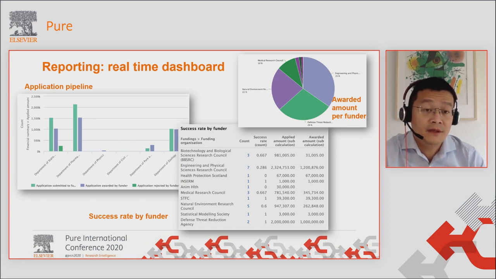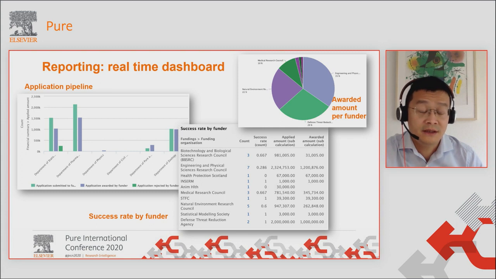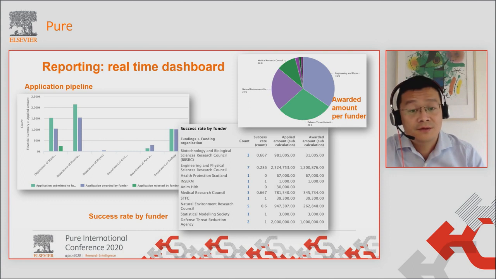So about the reporting, the dashboard can give you real-time information about your processes, and it can give you a holistic view or detailed analysis. For example, for a given period, what are the awarded amounts for each department, and what are the applications in the pipeline. This means those applications that are submitted but not yet receiving any reply from the funders. You can also find out who are the most important funders in terms of awarded amount.